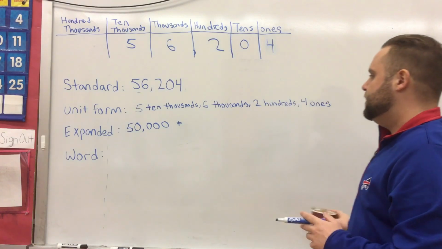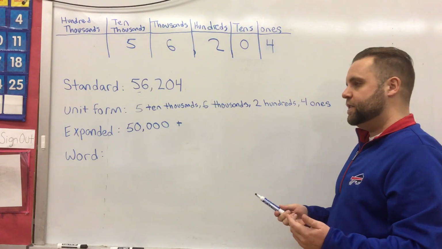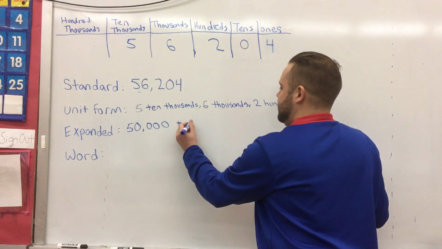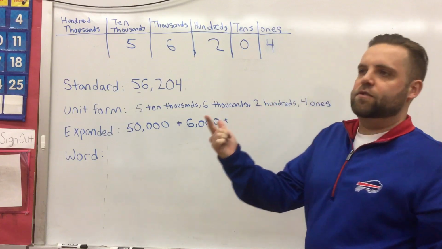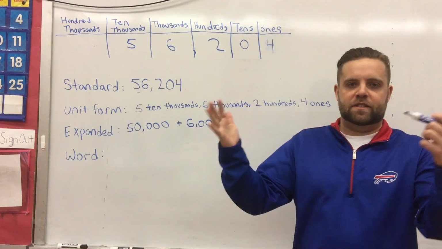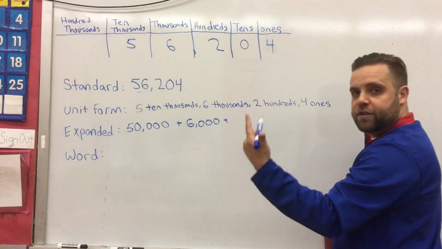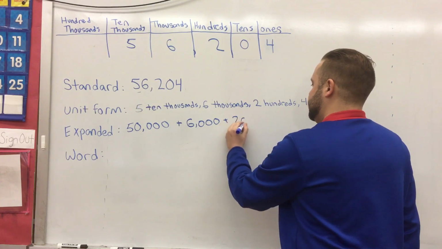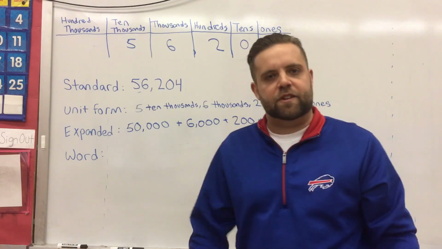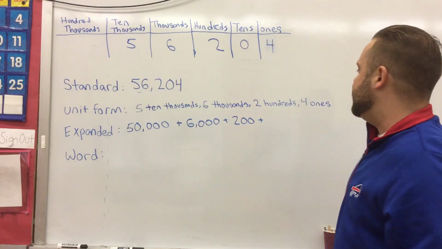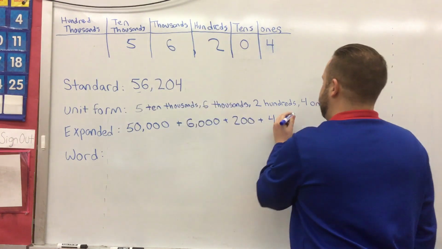Josh. Josh, what is 6,000s equal to? 6,000. Yeah, 6,000. 1,000, 2,000, 3,000, 4,000, 5,000, 6,000. Plus 200s, which would be 100, 200. Plus, do we have to add plus 0 because there's 0 tens? Again, no. Just leave it as nothing. And then plus 4 ones equals that number,